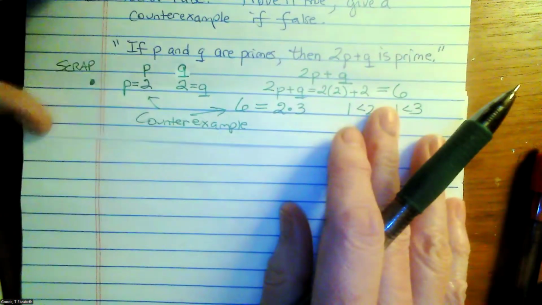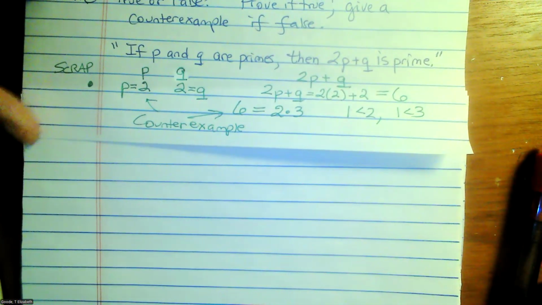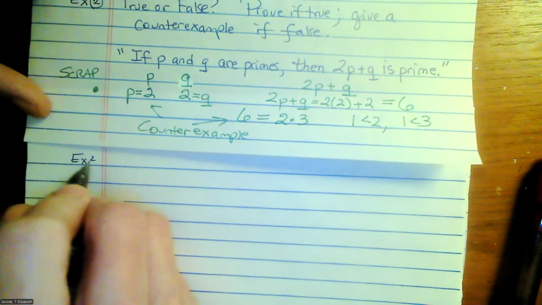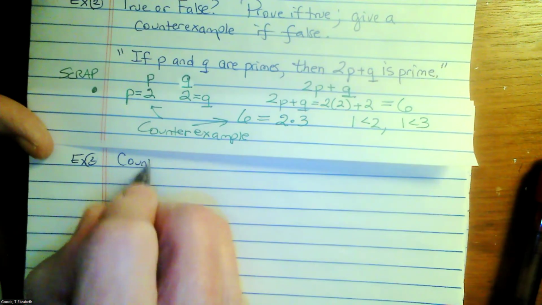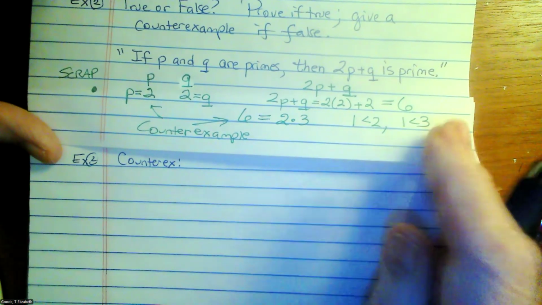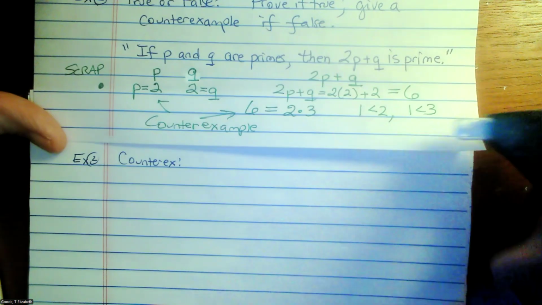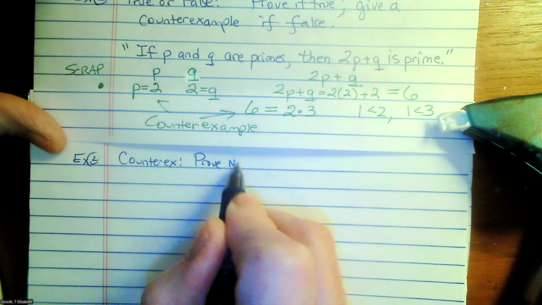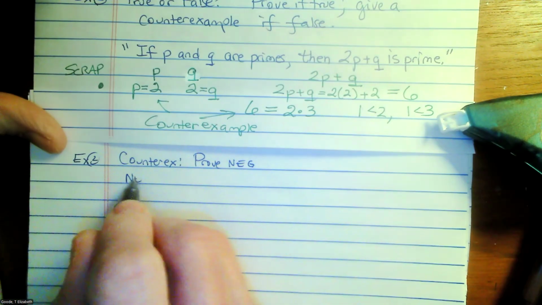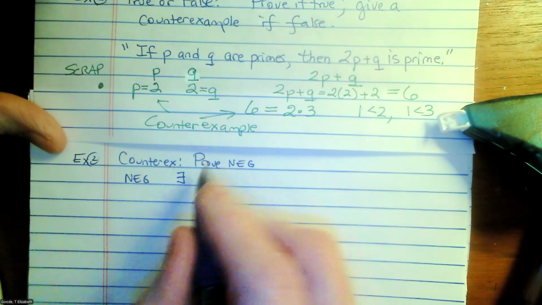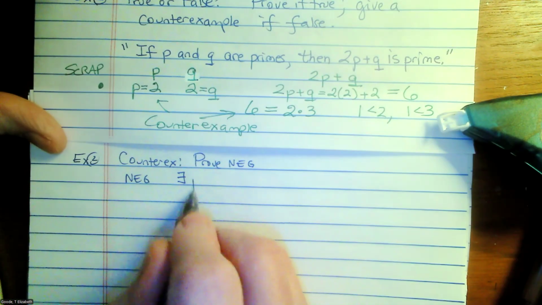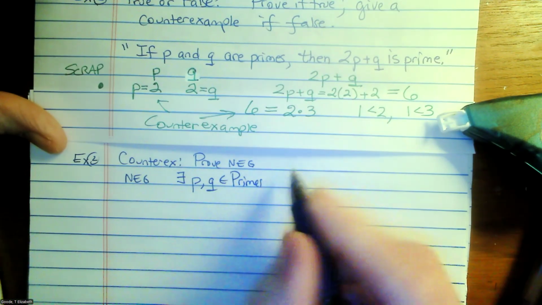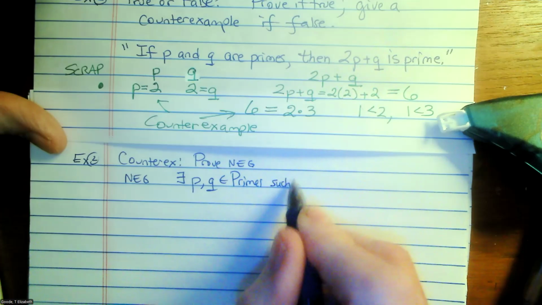And so now, do you know how to write up the counterexample? You would write the counterexample, technically, wouldn't it be just the negation? So you'd write it as there exists. Yeah, we're going to prove the negation. So what is the negation? There exists P and Q, elements of big P, primes, such that